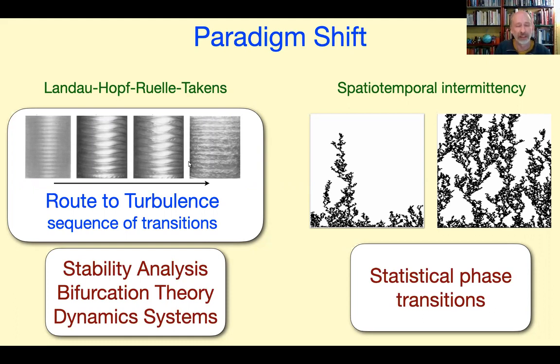through a sequence of transitions, each introducing a kind of new temporal complexity corresponding to some spatial structure, but not super large scale spatial structure. And the ideas of bifurcation analysis and stability and so forth. And in this case, we often do have small parameters, which is distance from the bifurcation, in which to expand about and to understand. And I want to distinguish that from the spatial temporal intermittency that we now come to